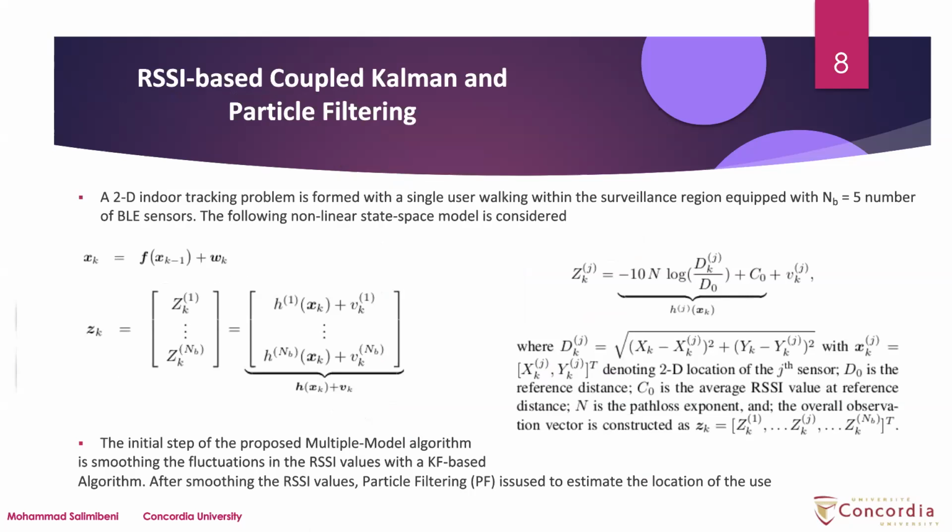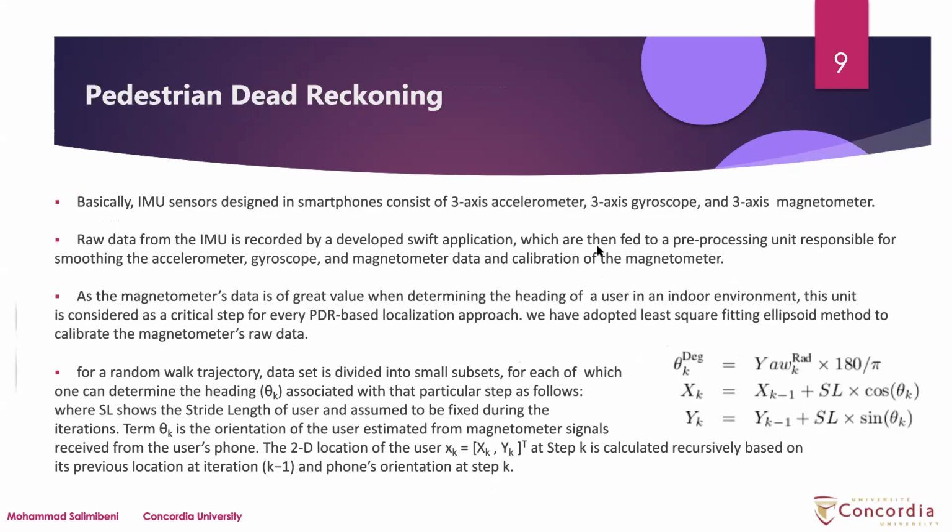The following nonlinear state space model is considered, as you can see. The initial stage of the proposed multiple model algorithm is smoothing the fluctuations of the RSSI values with the KF-based algorithm. After smoothing the RSSI values, particle filtering is used to estimate the location of the user, which you can see in this figure. For pedestrian dead reckoning, IMU sensors in smartphones consist of a 3-axis accelerometer, 3-axis gyroscope,